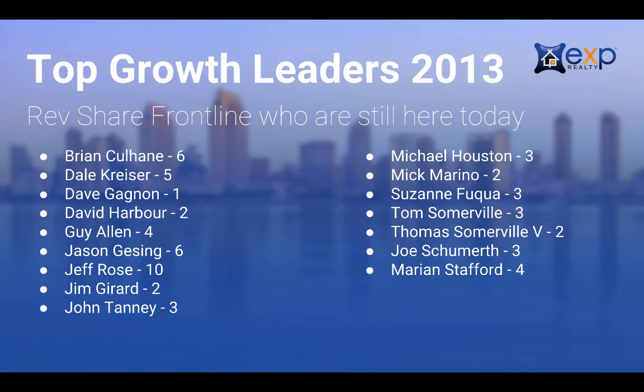So I pulled frontline direct agents for the top people in the company. And again, this is from a snapshot of 4 years ago, looking at the agents that are still here. So someone might have had more frontline at the time, but the system would only let me look at the people that are still here. So take it with that as a filter, especially if any of you are in the room and say, hey, I was here back then and I know I had more people. That's just the parameters I have to work in.